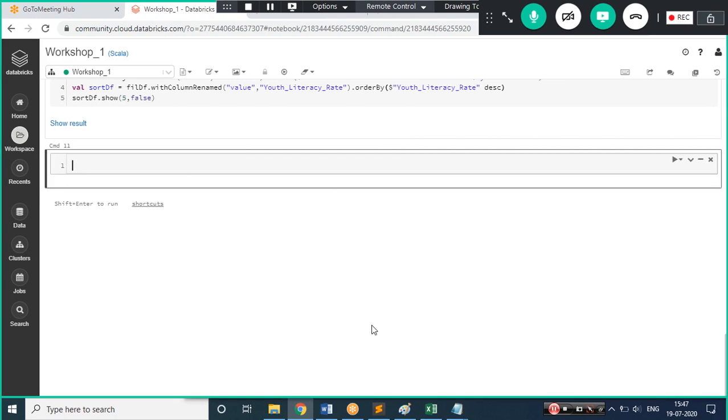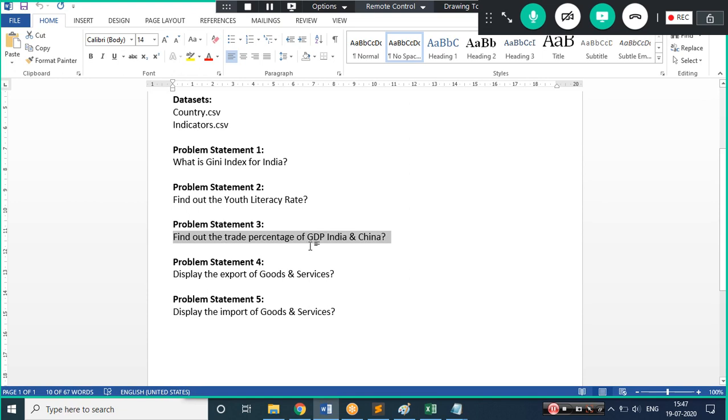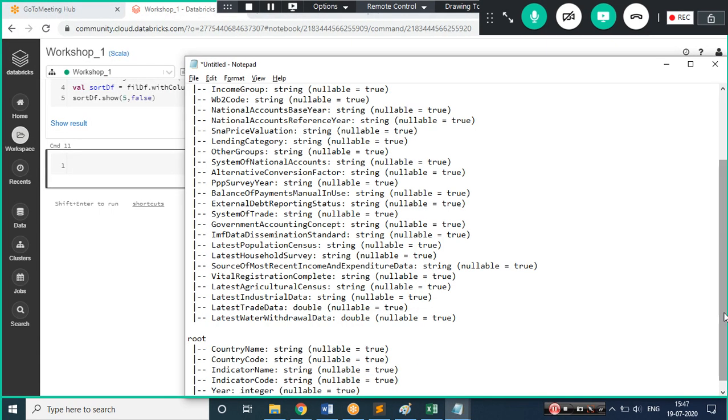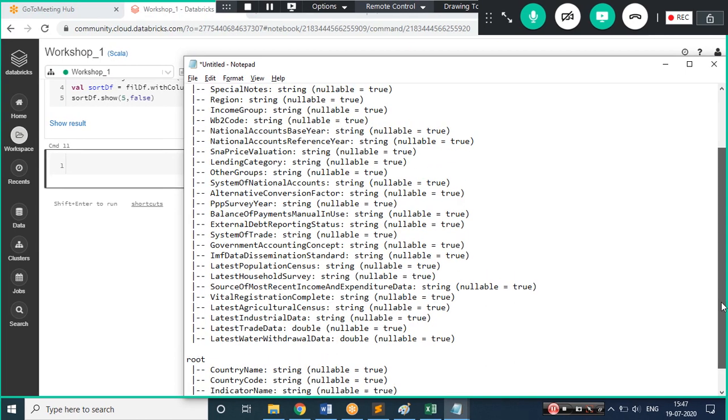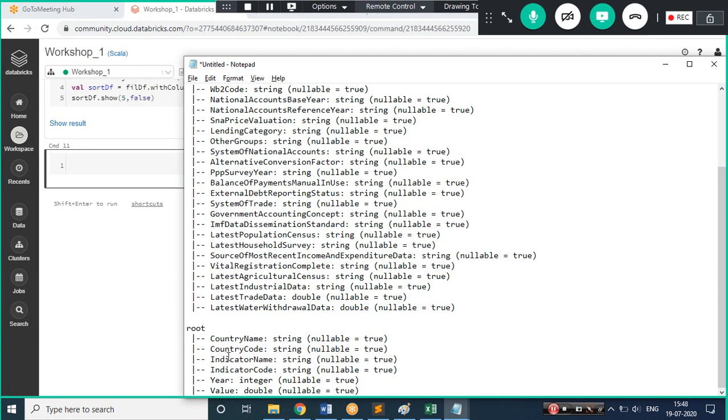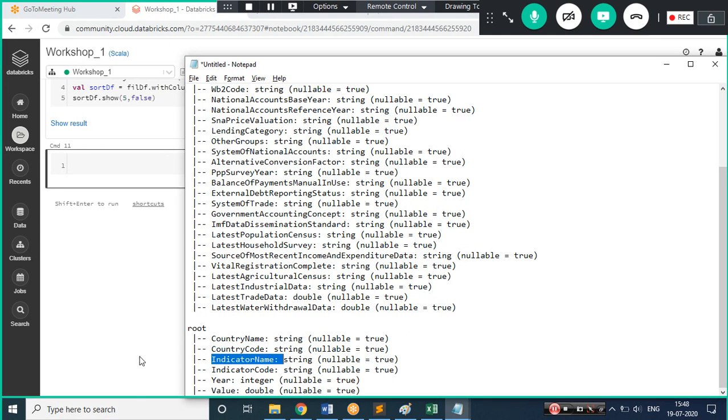Okay, so let's see the third problem statement. What is the third problem statement? The trade percentage. Let me just recall those column names. For the trade percentage, I'll take the value and your country code, and the trade percentage will be on the basis of indicator code, and TRD something.